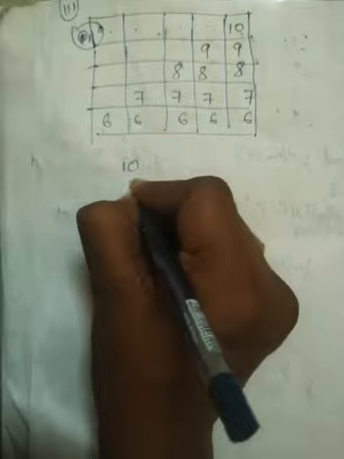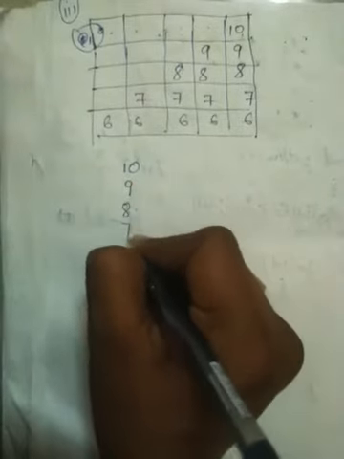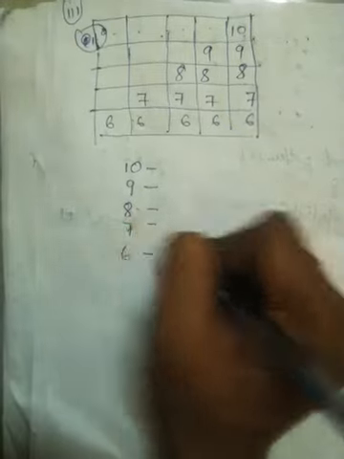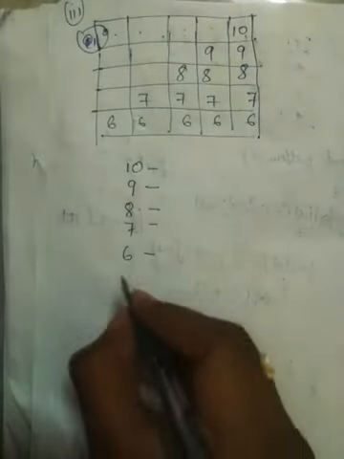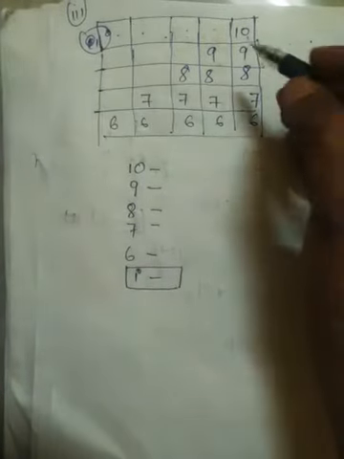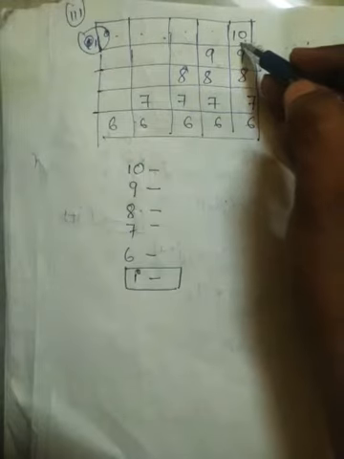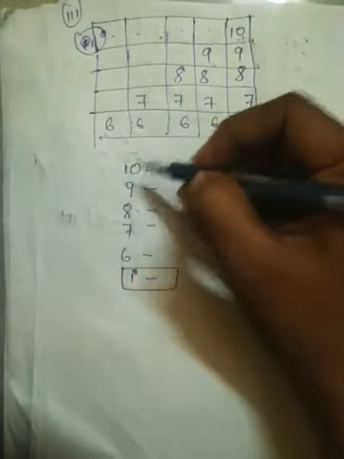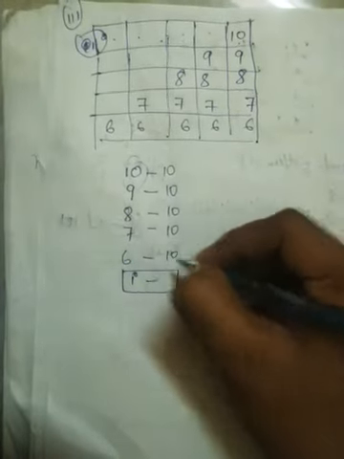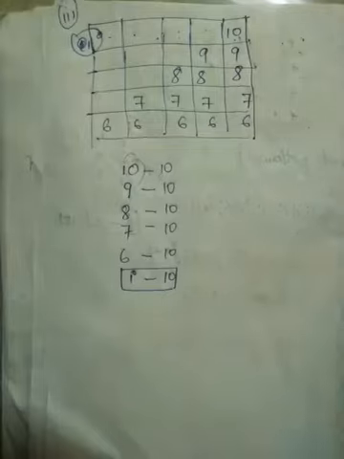First we have 10, then we have 9, then 8, then 7, and then 6. These are the values which are repeated in each line. That will become your values of I. Okay, if you make the box, this first is I, and now the second one to fill. What will be the second one? First one we have to print how many times? One time on the first line. So what is the first value? 10. So print 10 here, in each place. Okay, now this also will be 10.